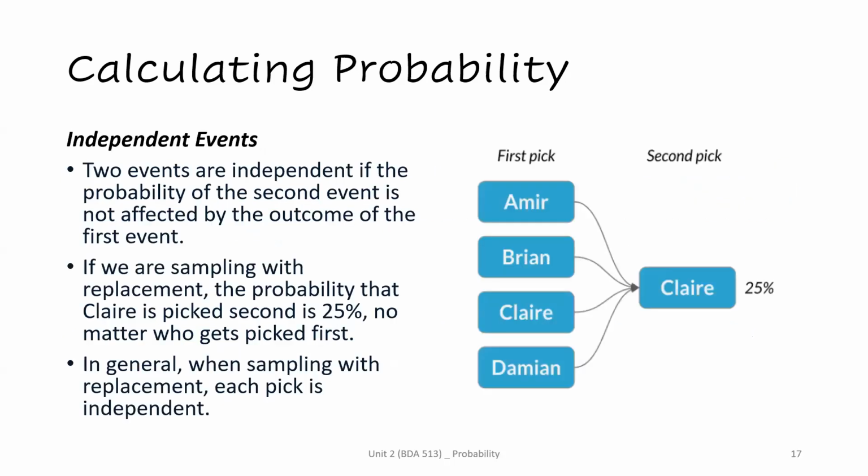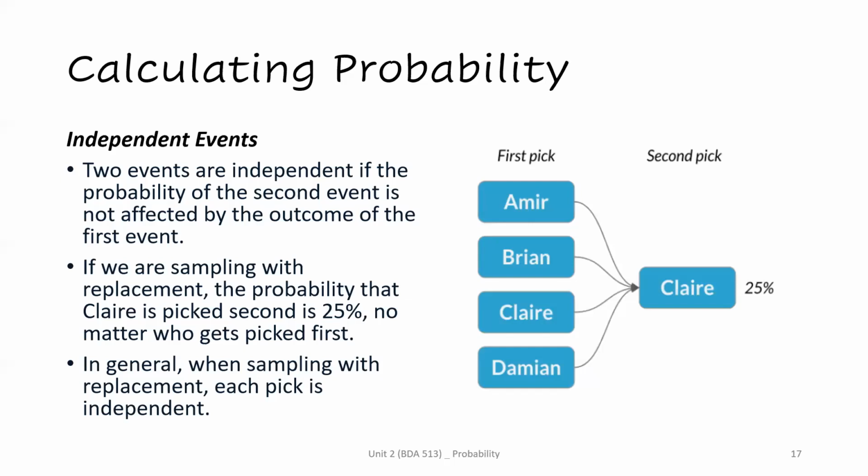Okay, so here, the probability that Claire will be chosen becomes 25%. So two events are independent if the probability of the second event is not affected by the outcome of the first event. All right. So the first one that we saw where